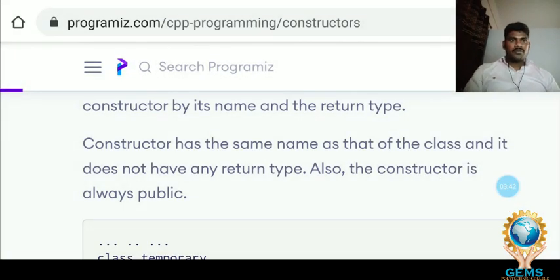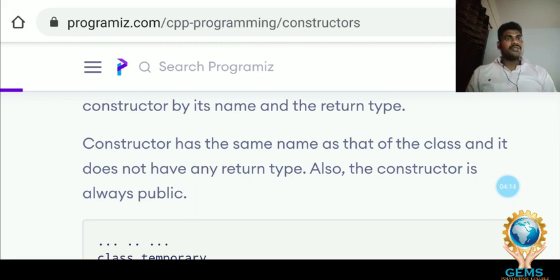I am telling you one more time, a constructor is nothing but a special member function that you declare in a class, but its name should be the same as the class name.